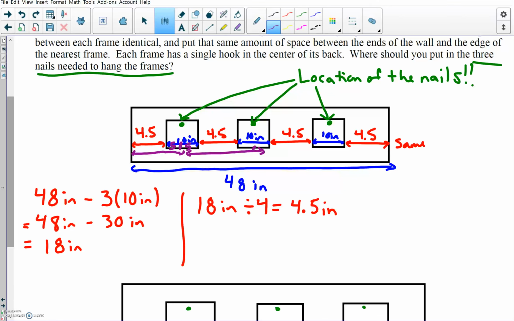And then again, we need to keep track of where we're at, right? So if I was right here at this nail head, I need to figure out again the spacing to the next. It's very similar to what it was over here. It's 5 inches from the center of our frame to the edge of the frame. Add that with 4.5 for the space, and then another 5 to reach the other edge of frame. So the two center frames' nail heads are wider apart, right? It's only 9.5 inches from the leftmost wall. It's 14.5 inches between the first nail head and second, another 14.5 inches from the second to the third nail